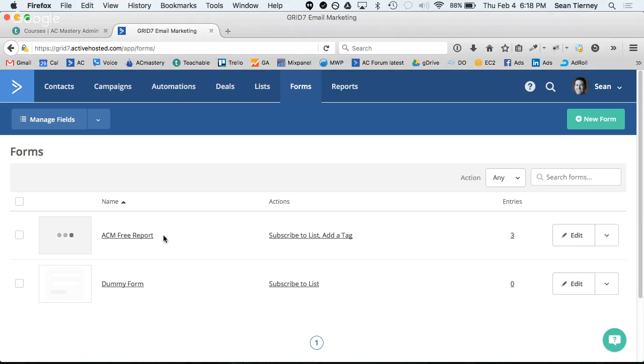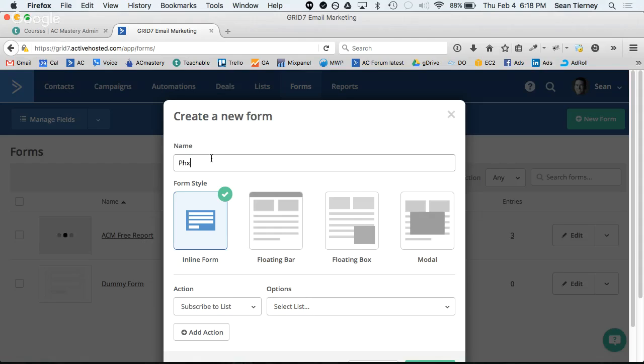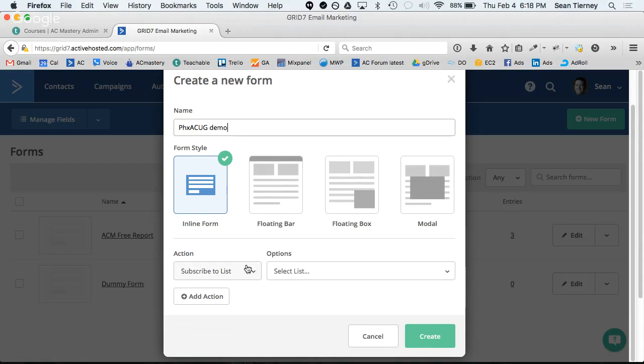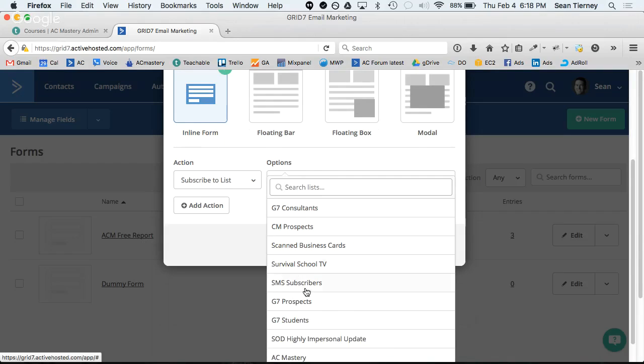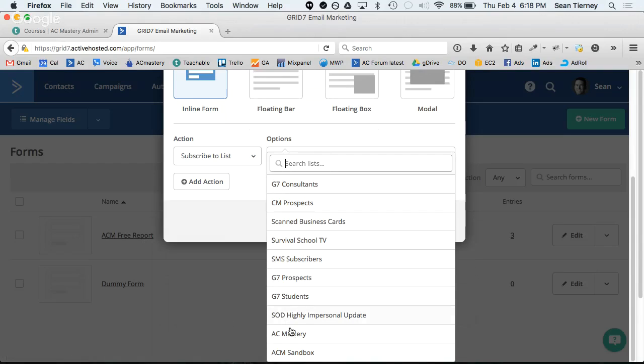These are already in there because, as a part of this course, when I build this stuff, I syndicate the automations to the people who go through the course, so I'm going to leave those in there. This is actually already done, but I'll create a new one and we'll call it Phoenix ActiveCampaign User Group Demo. It's going to be an inline form because it's going to be embedded in the web page. When they sign up, they're going to go into this list, the ACM